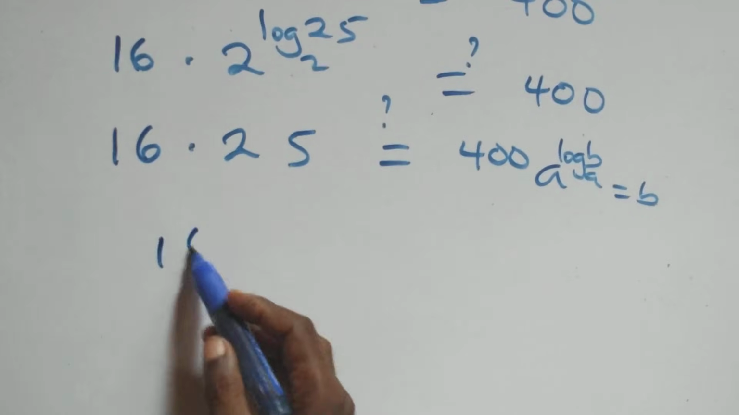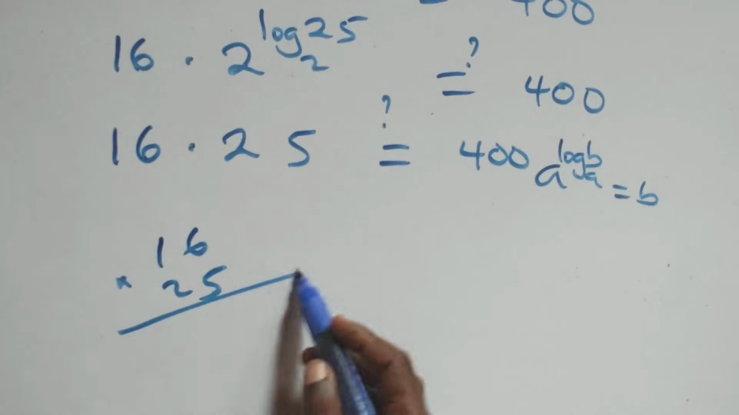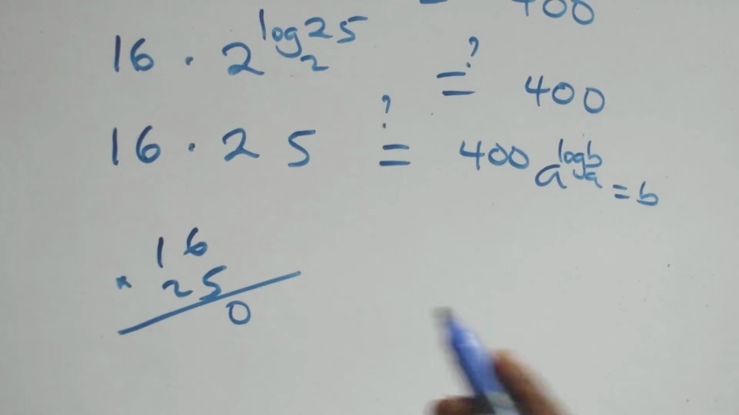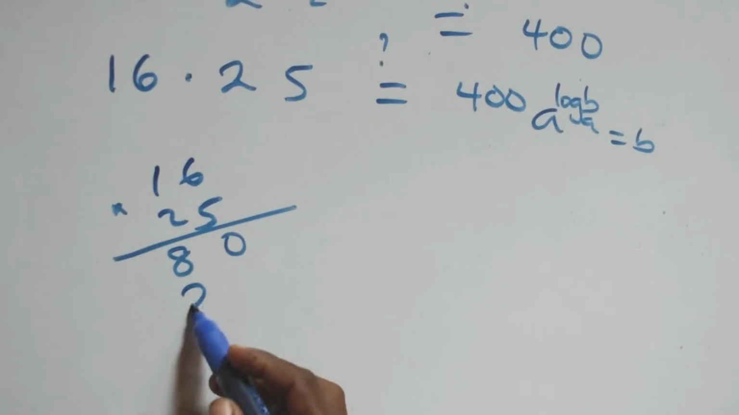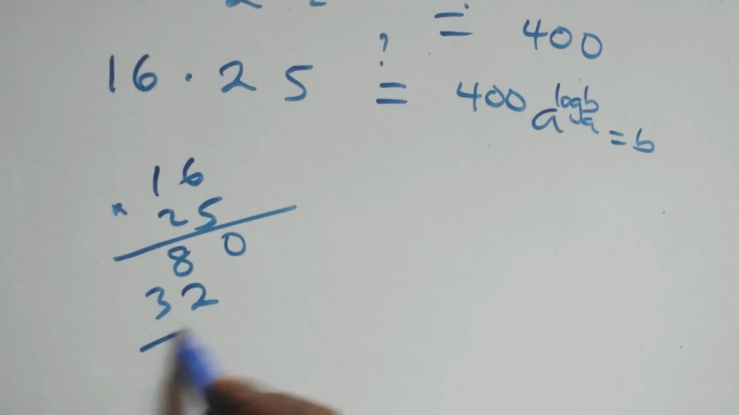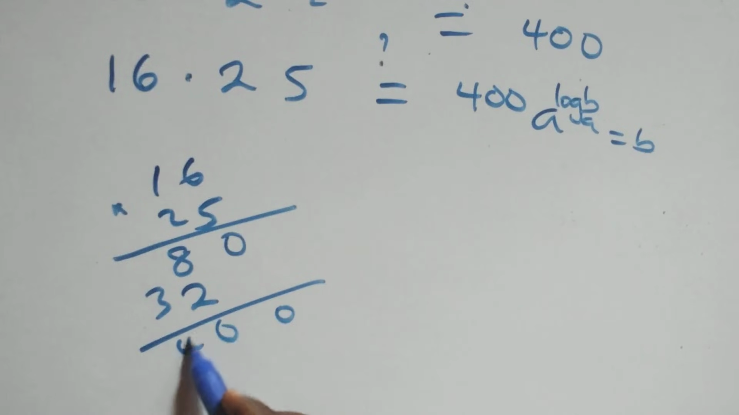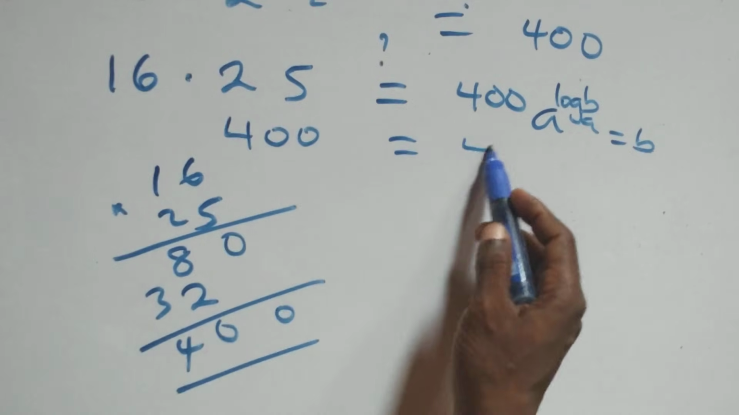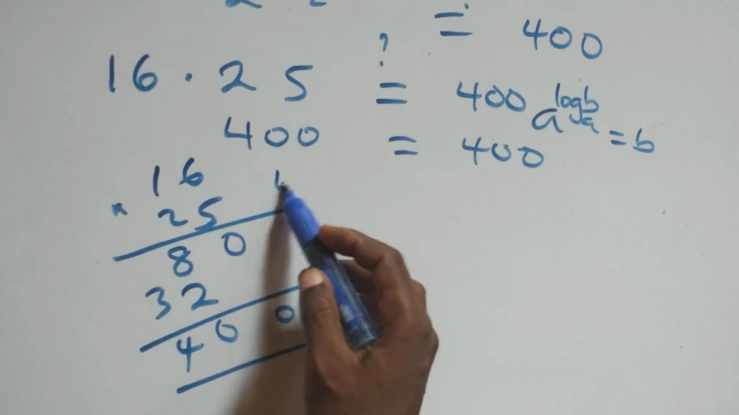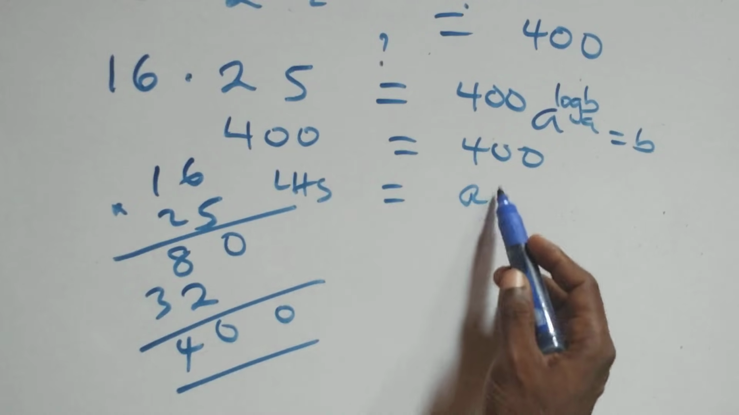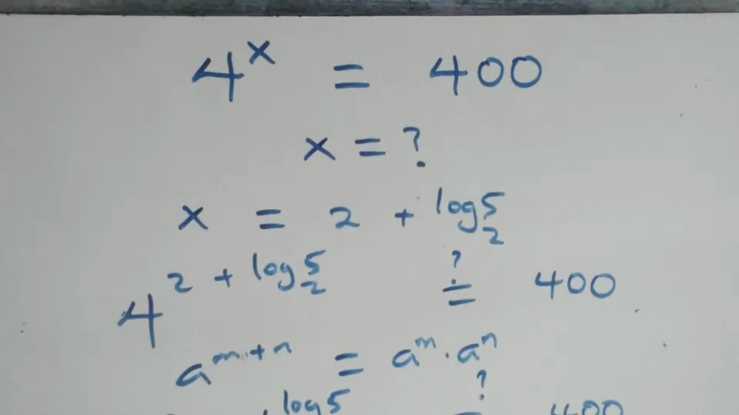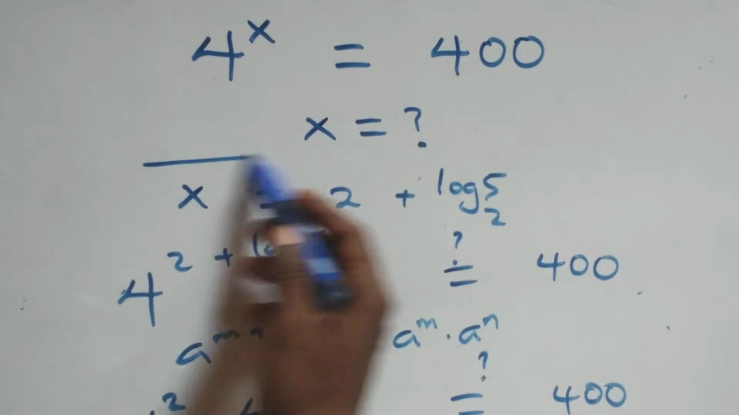Then here we have 16 times 25. 5 times 6 is 30. Keep 3, that's 5 times 1. 5 plus 3, we have 8. Then 2 times 6, that's 12. Carry 1, then you have 3 here. That's 0, 0, 4. So here, this gives us 400, which is equal to 400 on this side. This left hand side is equal to the right hand side, and therefore we conclude that x equals to 2 plus log 5 base 2